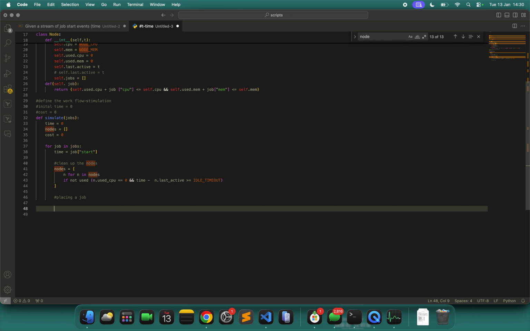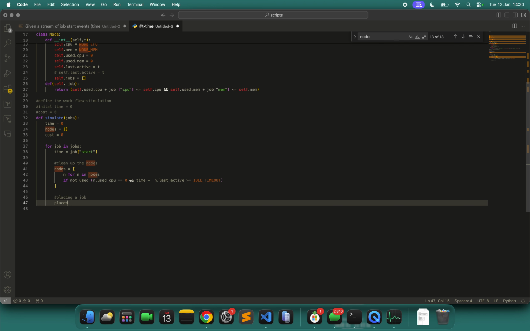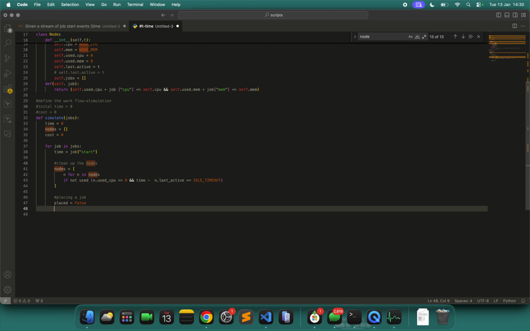Now the placement block. Placing a job: placed is equal to false, initially it is not placed.